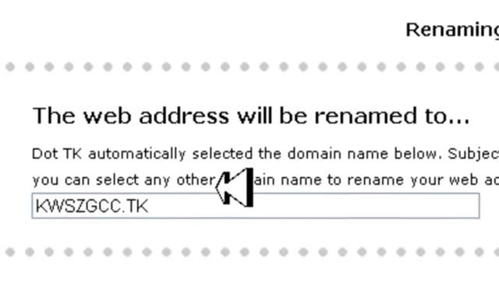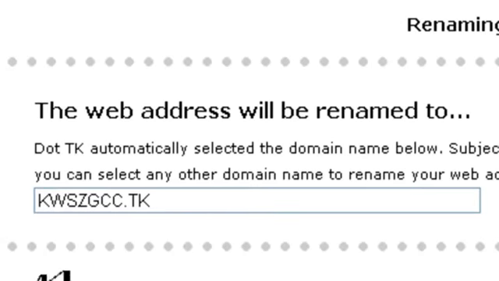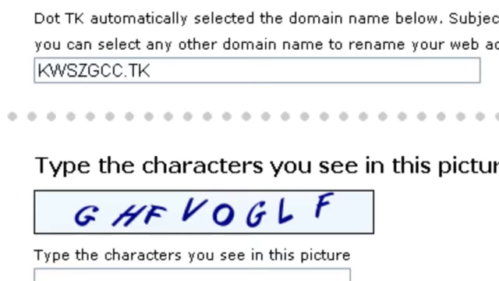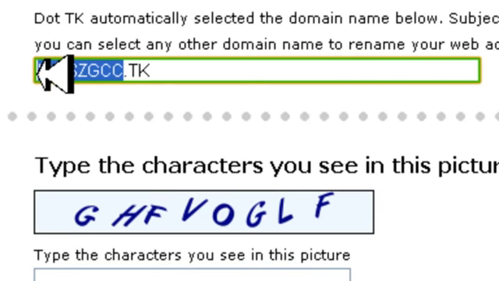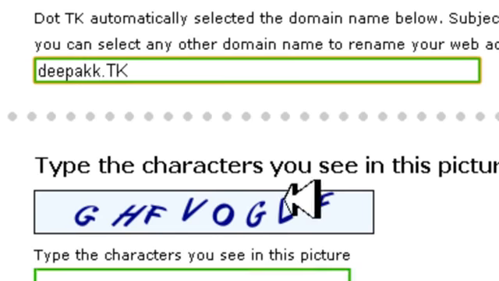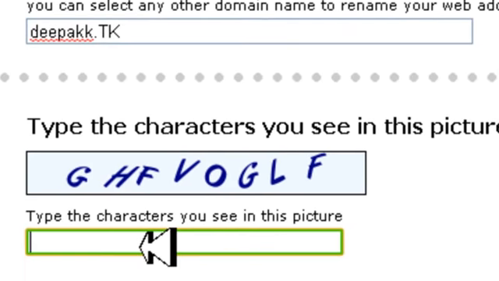It will be saying that this web address will be renamed to .tk, automatically selected as the domain name below, subject to availability. Okay, whatever. So here, as you see in this tab, you are finding an option with .tk extension. So now you can give any name you want, and I'm going to give Deepak with double K. So now type the captcha image verification,